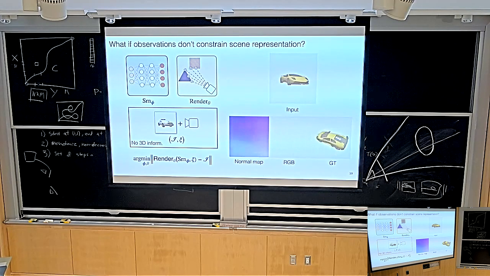Exactly. There's no multi-view. In a single image, there's no 3D information, so there's no way for you to reconstruct the 3D scene. Like in a single image, in this case, if you don't know how cars look, there's no way for you to reconstruct the 3D scene given the single image. But in reality, the thing that you do in your head all the time is much closer to this than it is to any of the other things we just discussed.